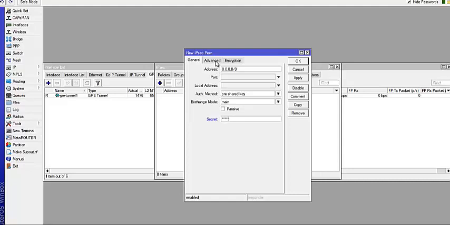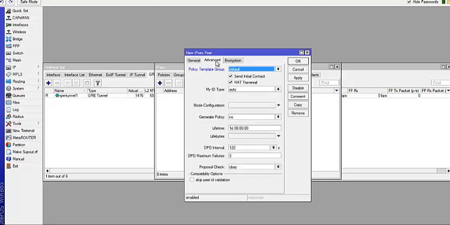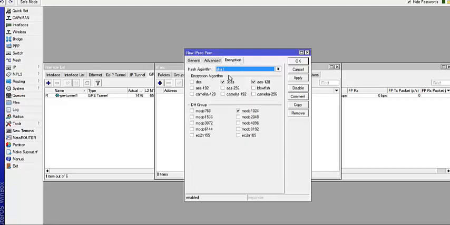After you've entered the secret key, come over here at advanced. You can see here is NAT traverse, so make sure that this place is checked and just leave it the way it is. And then you go over to encryption, so you can choose. So here I'm going to use MD5, and that's for my authentication. For my encryption, I am choosing not to use 3DES and AES. So I'm going to use Camellia 128.